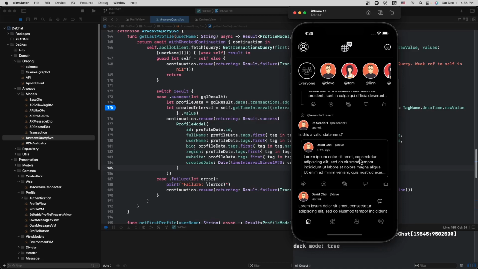I applied for Arweave's Open Web Foundry program. Again, sort of a mini Y Combinator startup program. They accepted me. I ended up getting accepted into the demo day, which is like a day where they pick what they believe are the best projects. And I got to present there. And then after some discussion, Arweave decided to make an investment.